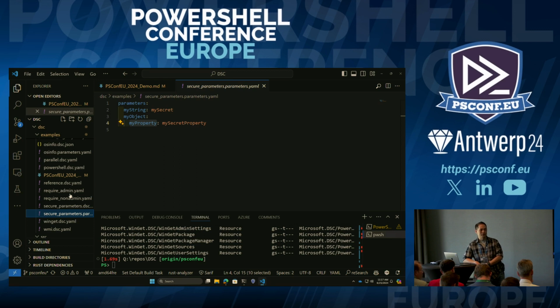Sure. So the question is really about dependency management. If you have a large set of machines, how do you make sure all the resources you need are on those machines, and the dependencies for those resources and all that stuff? I think there's two answers. Again, in the future, we will have an agent and that will resolve some of those problems, but that's in the future. In the interim, I do have an open issue on this right now: